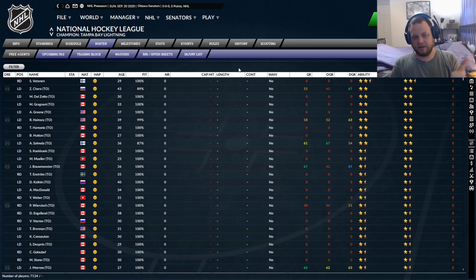So drafting is first. Second is making a trade, where you're trying to get a player. Third is signing a free agent. Sometimes that's the route you have to take. Sometimes you need a guy that can put the puck in the net, and you don't have a lot of good shooters on your team. You go on the free agent market and see if you can overpay a little bit for a player that can score goals. And then the fourth way is